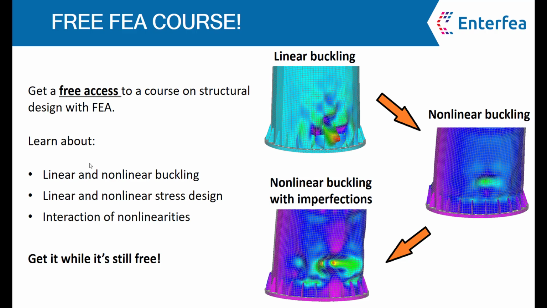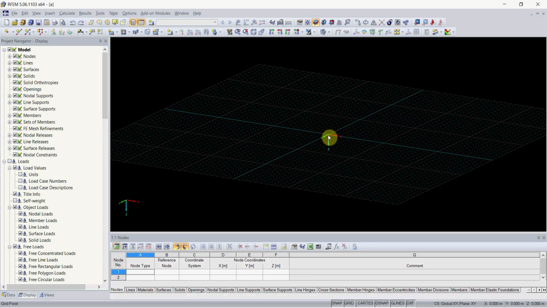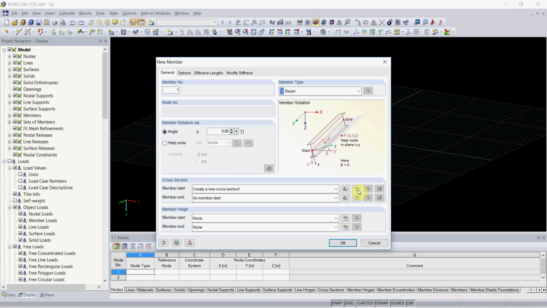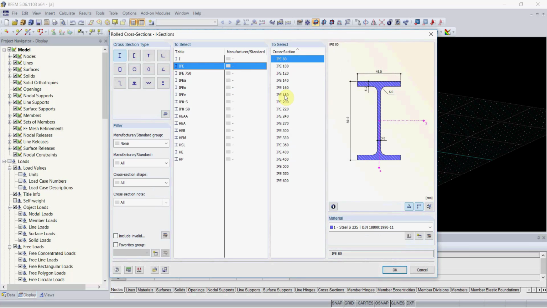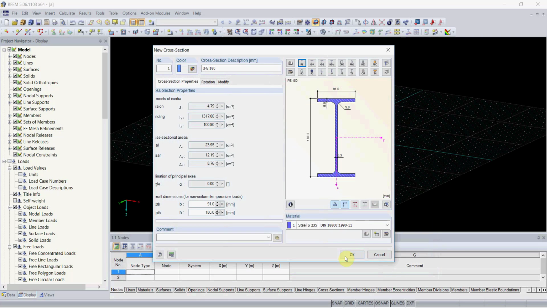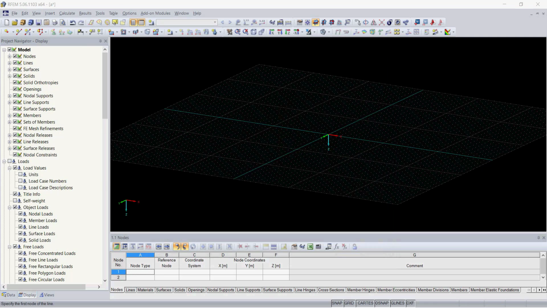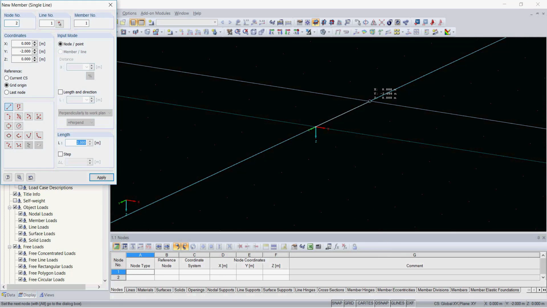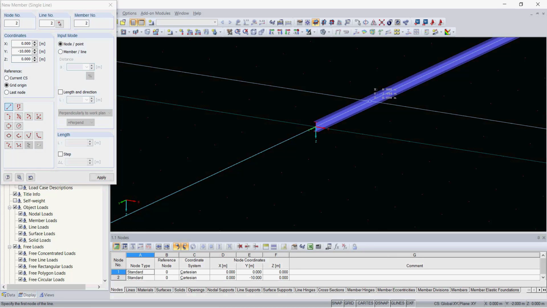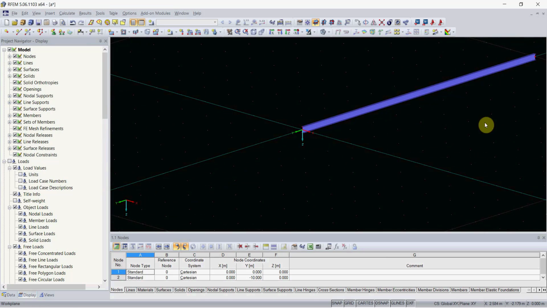But now let's get back to today's topic. I will use an RFEM program developed by Dlubal. Firstly, let's create a simple beam. I will use an IPE 180 cross-section, and I wish my beam to be 10 meters long and pinned on both